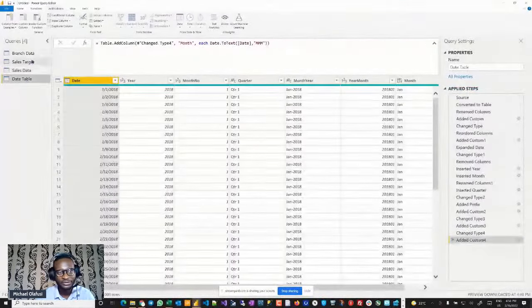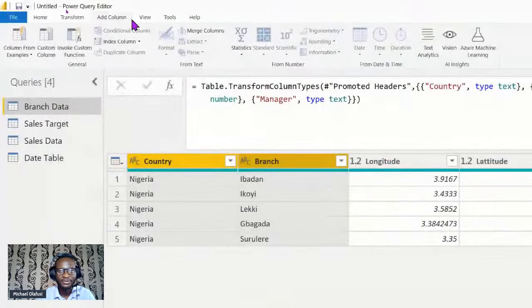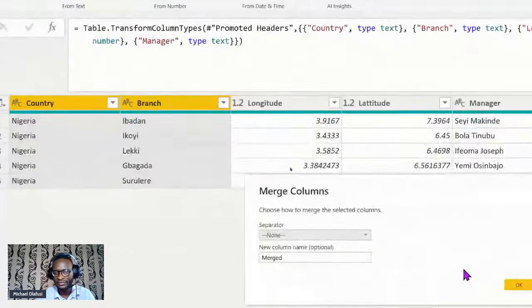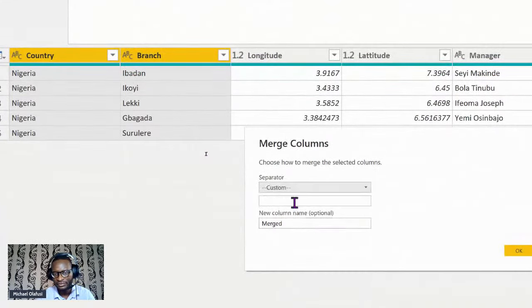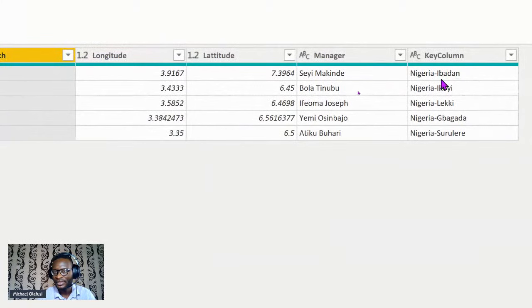And then I'm going to go to branch data, merge these two. So merge columns, custom. I see my time is almost up, so I will be faster now. So I'm going to call this key column. And okay. So I have this.